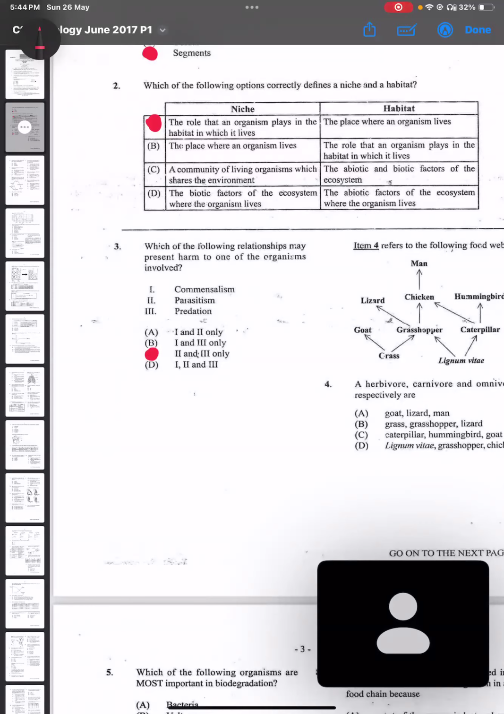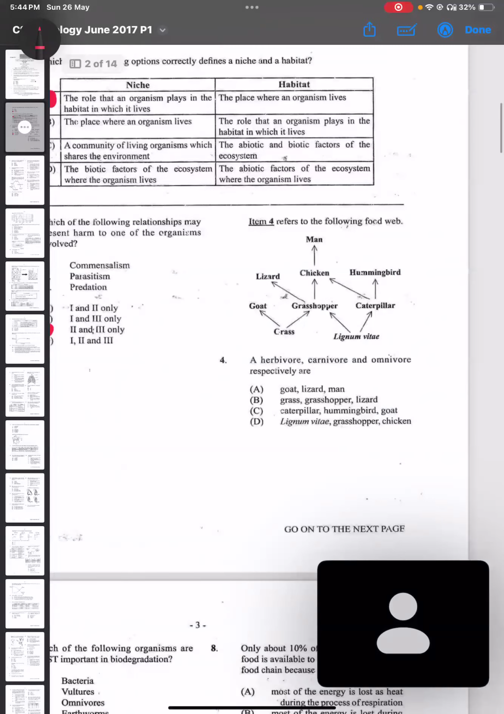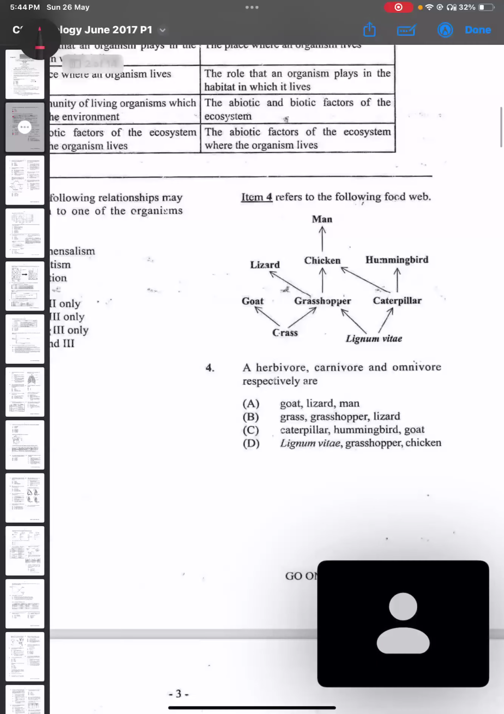And predation, you know that they obviously kill the other organisms for food. And then for question 4, a herbivore, a carnivore, and an omnivore, respectively, are based on the food we are supposed to identify for a herbivore, a carnivore, and an omnivore. I don't like this question because it is asking you based on